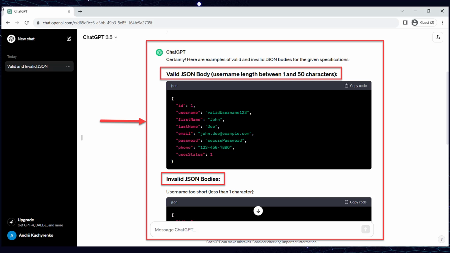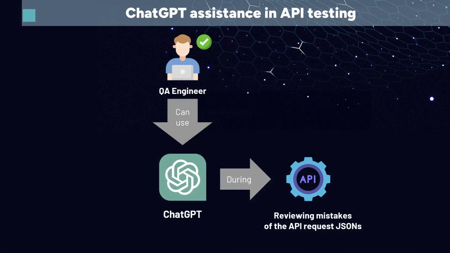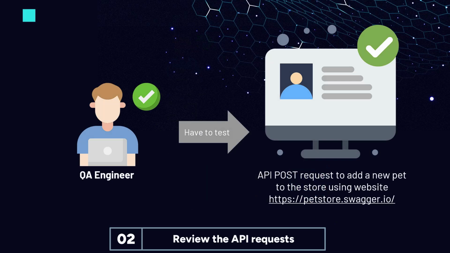The other common case when testers can use ChatGPT in API testing is reviewing the mistakes of the request JSONs. Sometimes it's quite difficult to find mistakes in the JSON request body, leading to request errors after execution and wasting time. Let's consider the example of such a process. For example, the tester has to test an API post request to add a new pet to the store using the same website,